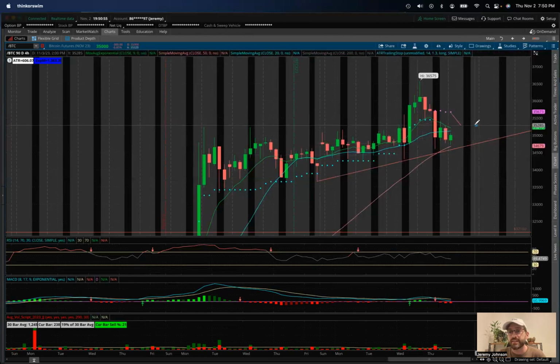If we could get all three of those to converge in this zone, followed by a price break, so we'd have choppy price action here for a bit, and then finally the breakout of all three of those at once, that would be really, really nice. And by that point, if we still have these little higher lows coming in with this diagonal channel holding, this breakout would also line up to the ultimate resistance back over here